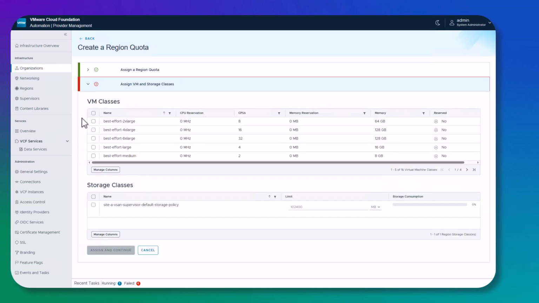So now we see all the VM classes that were available in the region US West, and here we have the option and the opportunity to select what we want to make available to the Acme organization in the US West region. So I'm just going to select large, medium, go to the next page, select small and extra small for all best effort. Now, if you want to use the guaranteed VM classes, which include reservation for CPU and memory,